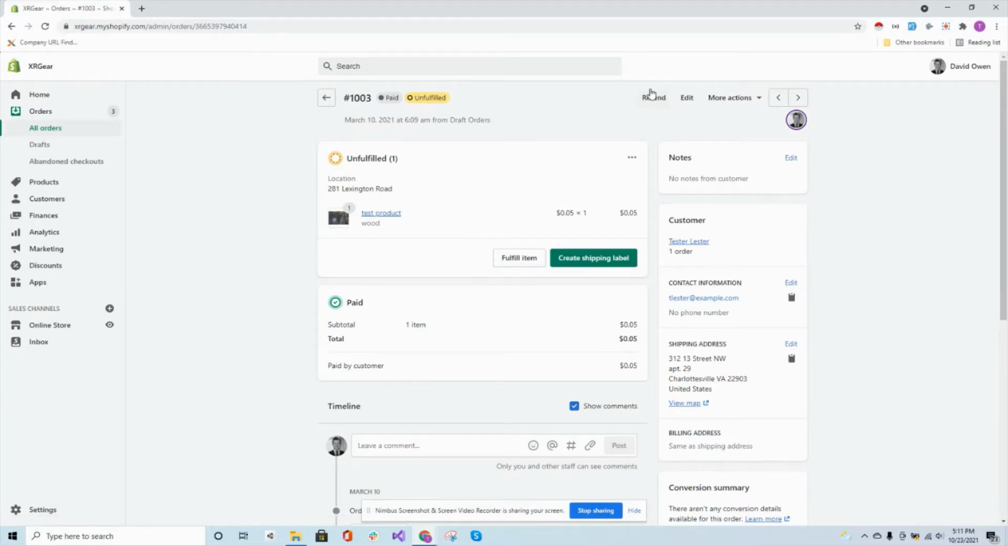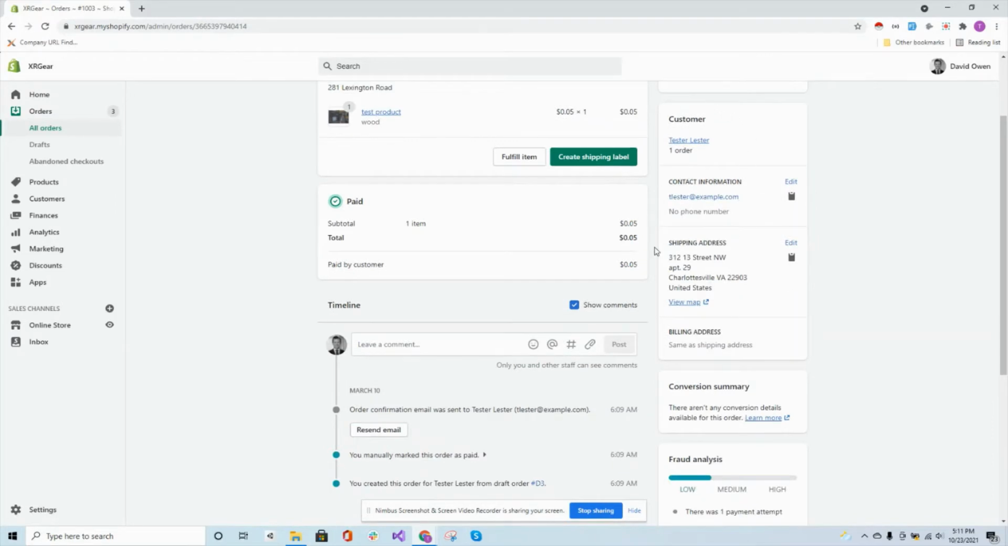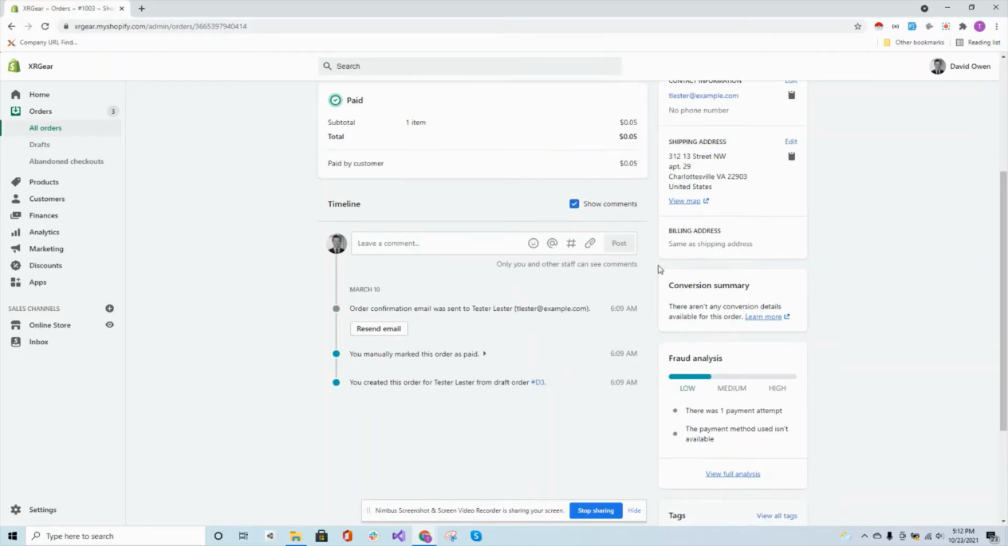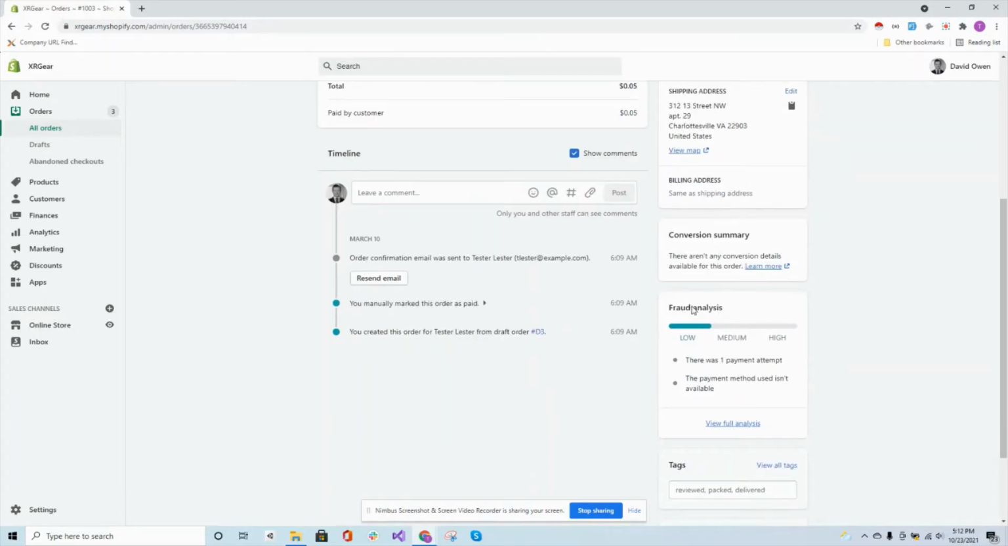And then another important feature here is the refund option. So if we want to refund a customer, we can handle that right here. And then if we scroll down here, we can see there's info about the customer, their contact information, their shipping address. There's this great little section here called fraud analysis, which is Shopify giving their prediction about how likely this order might be